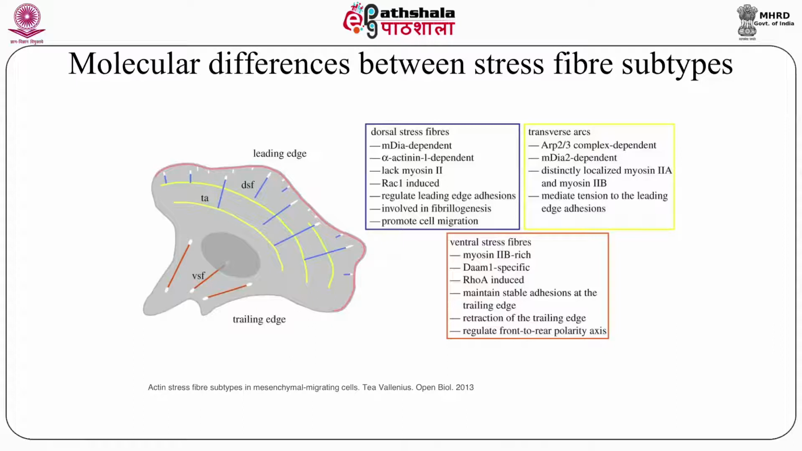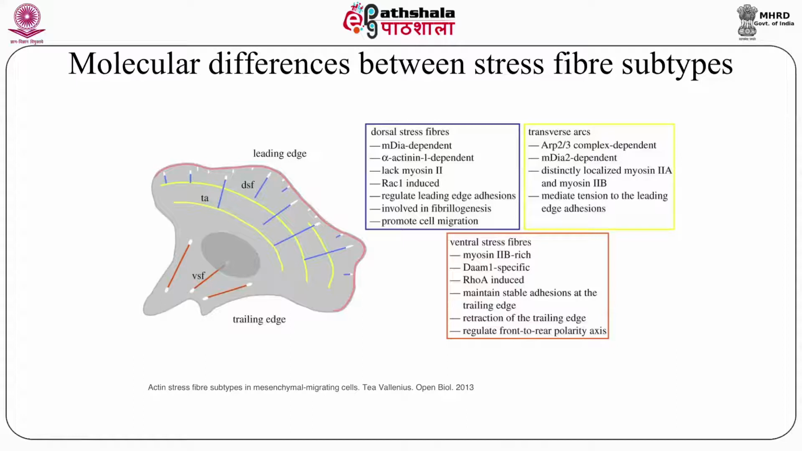Let us look at the ventral stress fibers now. The ventral stress fibers are found to be myosin 2B rich. They are DAAM specific. Now DAAM stands for Dishevelled Associated Activator of Morphogenesis 1, which is a member of formin proteins. It is RhoA induced and maintains stable adhesions at the trailing edge. It is also responsible for retraction of the trailing edge, and ventral stress fibers regulate the front to rear polarity